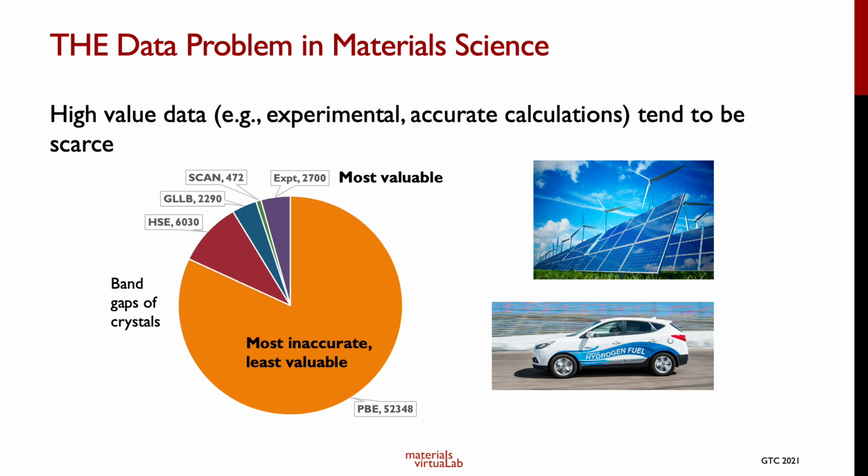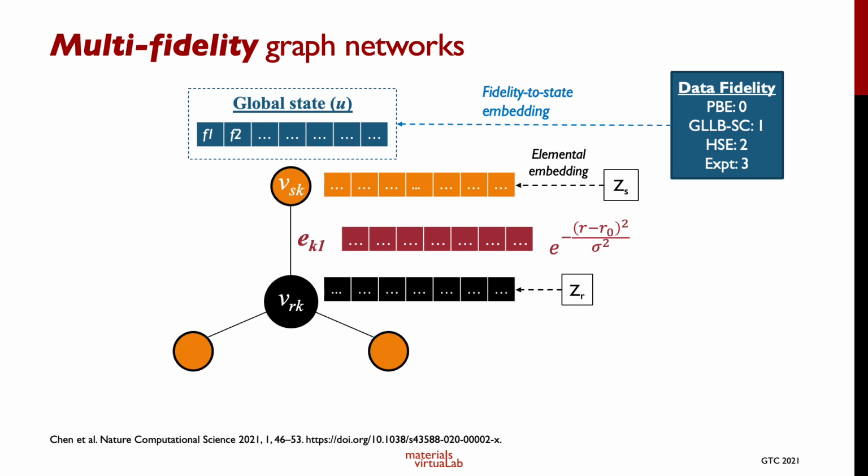And this band gap is actually a very critical property of a material that is of interest in many different applications. So things like solar cells, you essentially need to know the band gap of a material to design a good solar cell. So the way that we try to address this